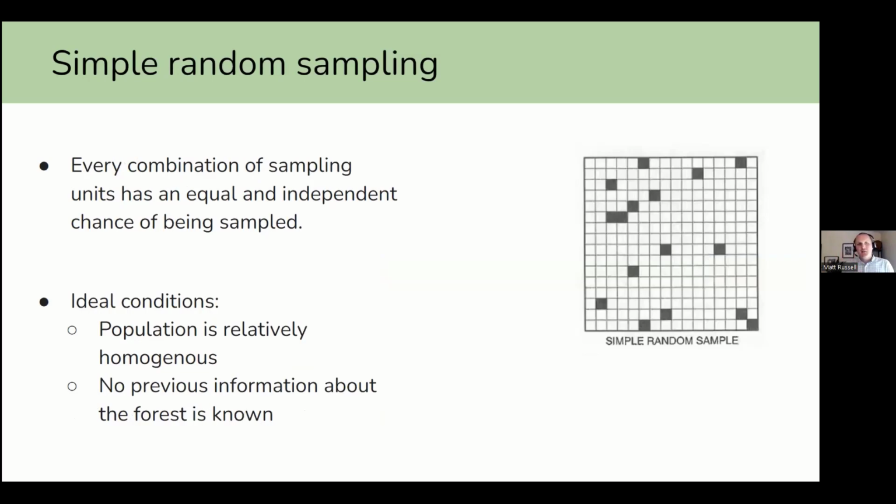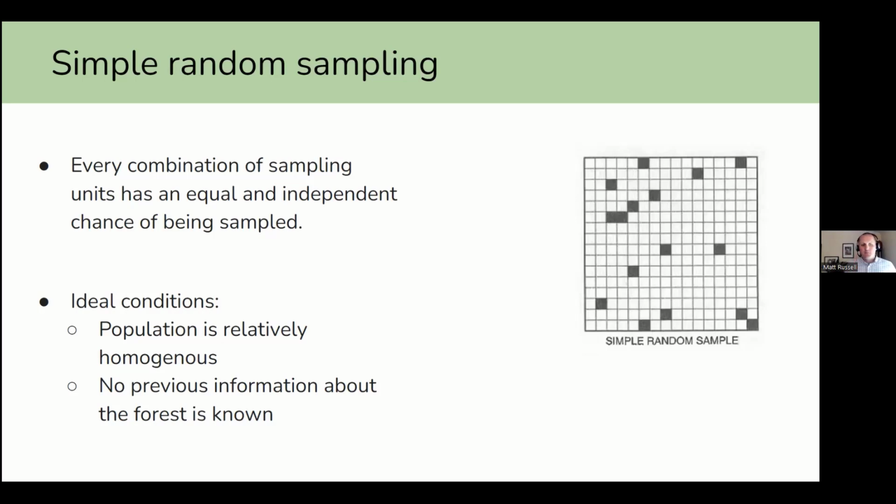So to start off, we'll talk about simple random sampling. In this case, every combination of a sample unit has an equal and independent chance of being sampled. For example, take a look at the grid here, which is a grid of just random points. Imagine these might all be forested plots that you might take an inventory of across a landscape. All of these different points have been selected randomly. There's no pattern in these. Now, there may be clusters like we could see up here. Well, we're measuring 3 plots. They're quite close to one another. Maybe we might be concerned about that. But on the whole, these were sampled randomly.